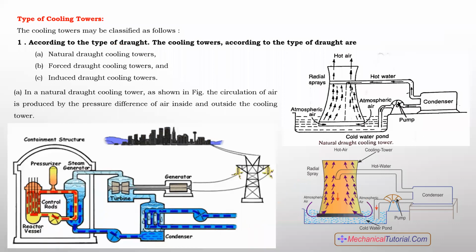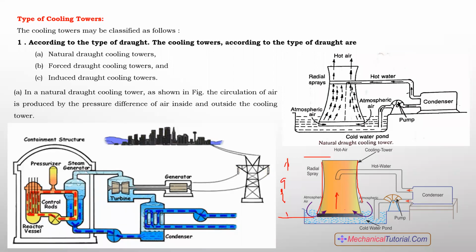In this case, air automatically enters from below and moves upward. Why does it enter from below and why does it move? Because this height is very high, nearly greater than 9 meters. Because of the very high height, the pressure is higher at ground level and decreases as we go up. Because of this pressure difference, air starts moving upward, and it is made in the form of a nozzle shape. This nozzle shape converts pressure energy into kinetic energy, so that high velocity air moves upward at a faster rate.